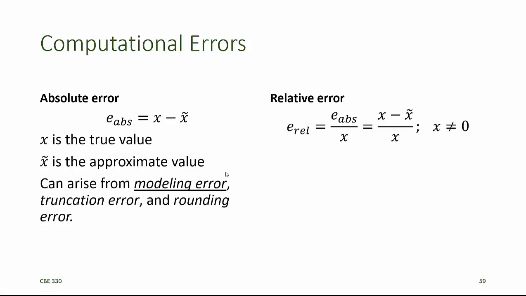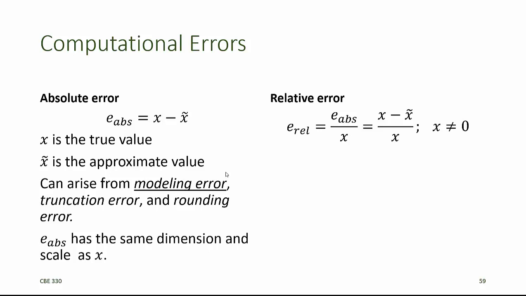The absolute error can arise due to modeling error, truncation error, or rounding error. Modeling error is an error in the method used to estimate the value of x tilde. Truncation error occurs when we truncate terms in an infinite series, or when we stop an iterative method that estimates x tilde. We should note that the absolute error has the same dimension and scale as the value x and the approximate